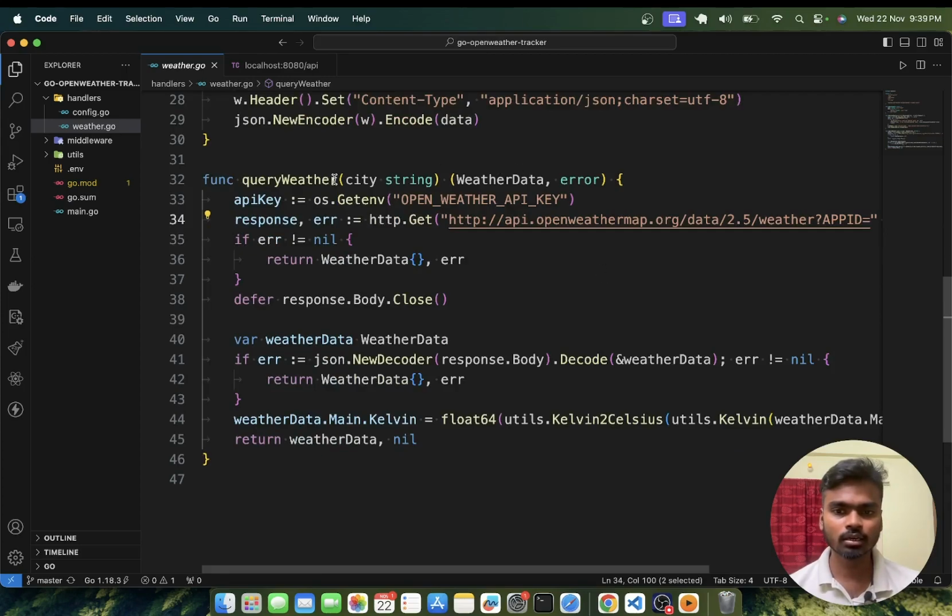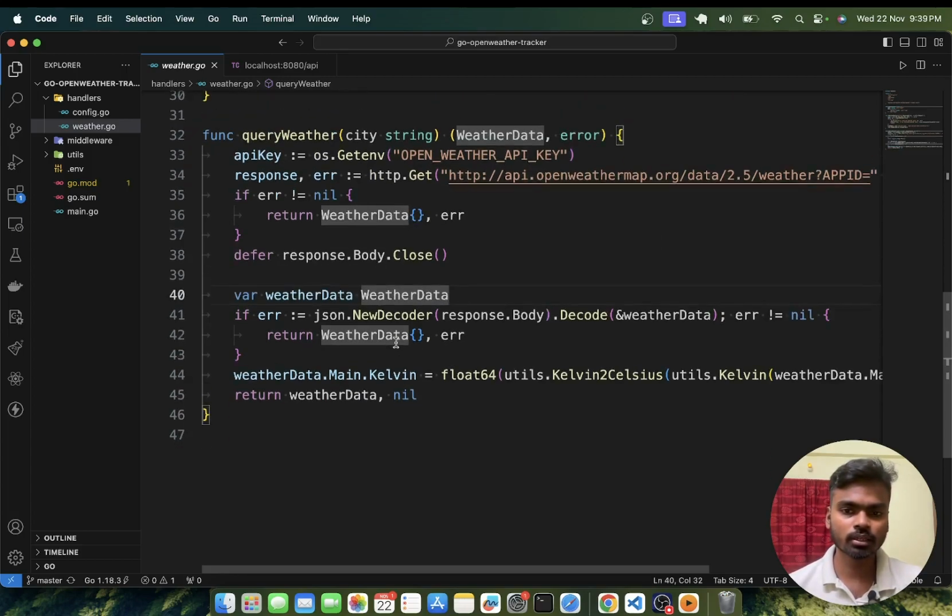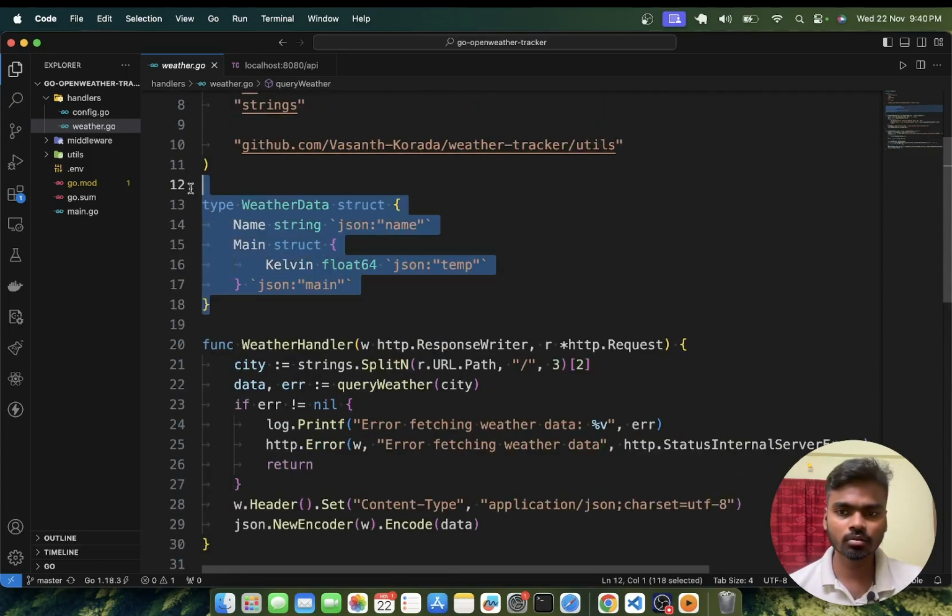That JSON response I am going to decode into the struct. Weather data is a struct in our Go file. In this weather data struct, I have defined name and temp, which is coming in Kelvin.